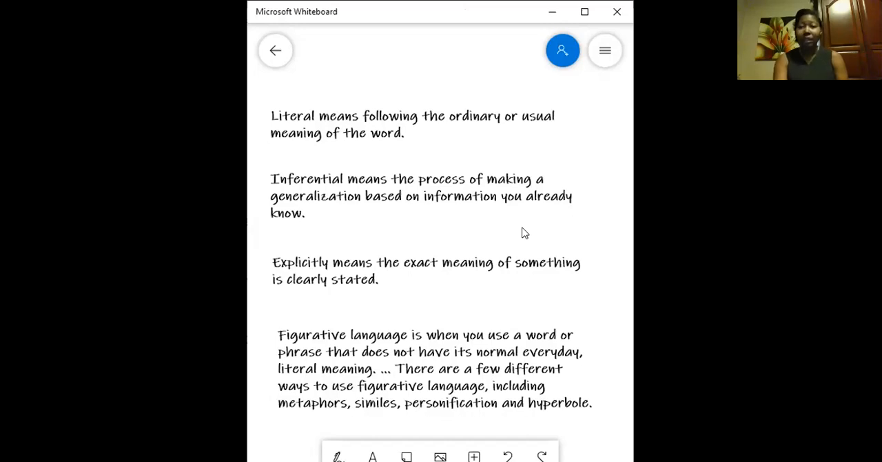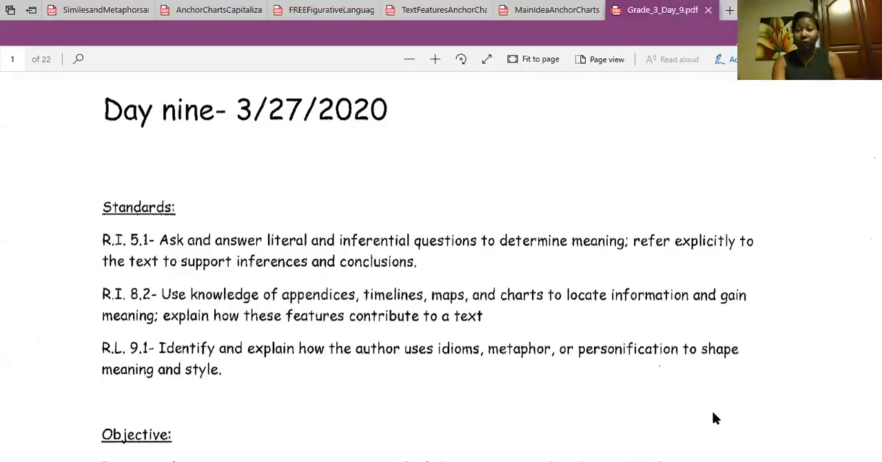The standard also asks us to explicitly refer to the text to support inferences and conclusions. Explicitly means the exact meaning of something is clearly stated. So what that means is we're going to look exactly at what the text is saying to find proof of our inferences and the conclusions we made. Let's take a look at standard